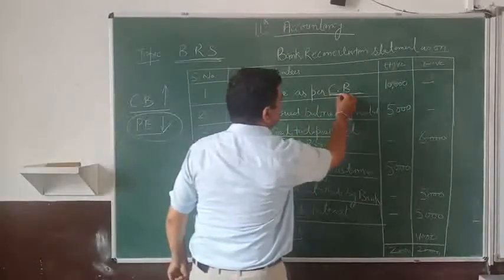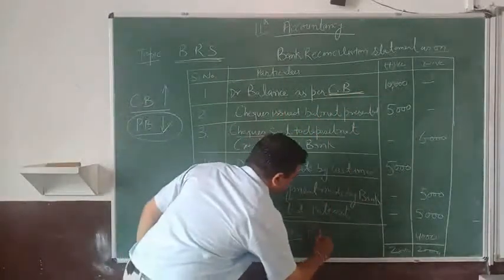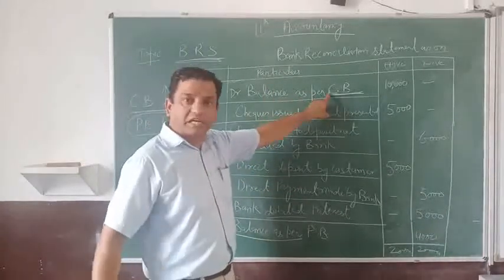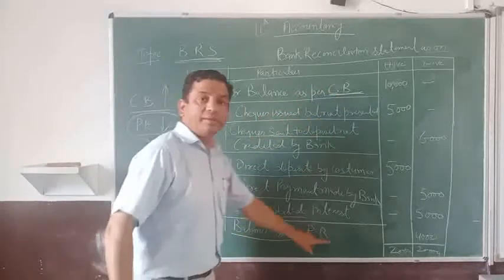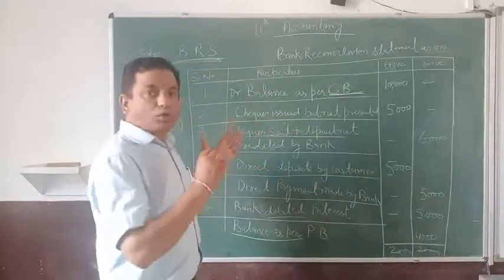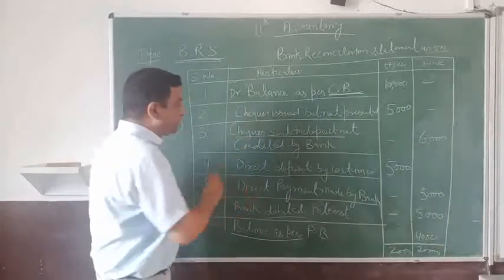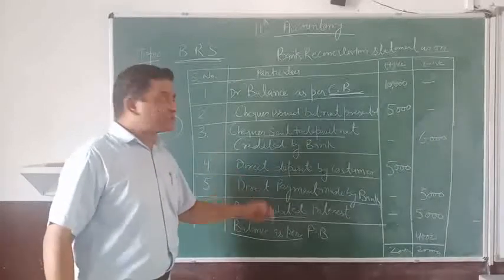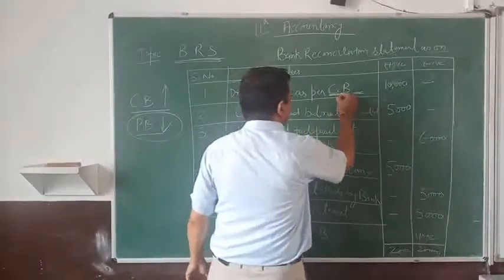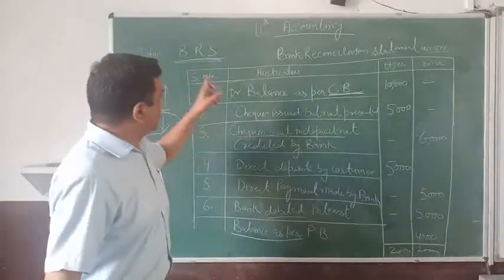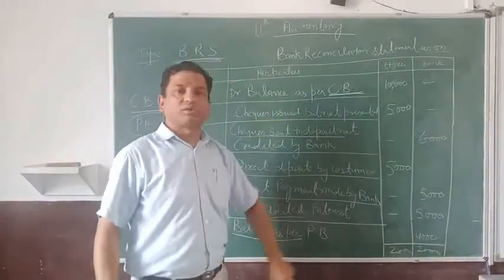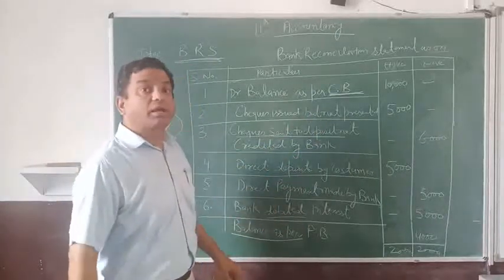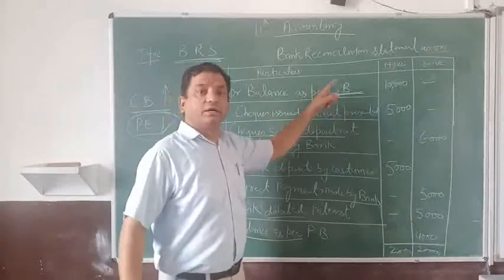It was the balance as per cash book. Now the answer will be balance as per passbook. लेकिन अगर मैंने क्वेश्चन यहाँ पर स्टार्ट किया होता balance as per passbook, then the answer will be balance as per cash book. So this is the way to do the question, and these were some examples of how to add or less these items. This will totally depend upon with which balance you are starting the question. So this is the balance with cash book. So now in the next part of the video we will try to understand how we can make the changes in this BRS if we are taking the passbook as base.